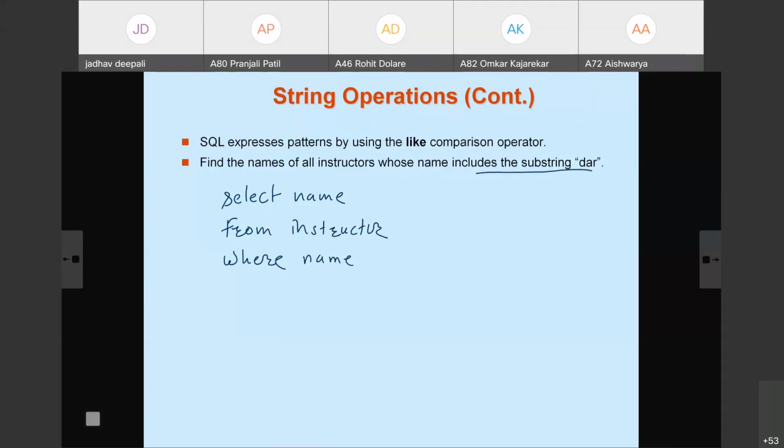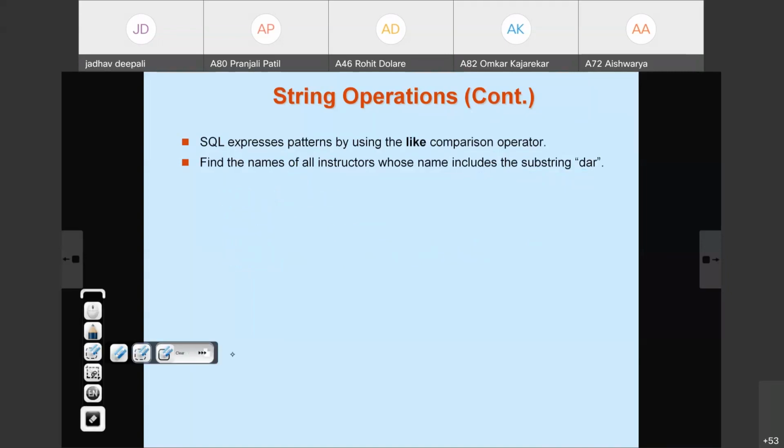Include the substring DAR, meaning before that whatever may be there, after that whatever may be there. So name like '%DAR%'. When I execute this query, what happens? It gives the names of all instructors which include DAR as a substring. So that is one simple example of pattern matching.